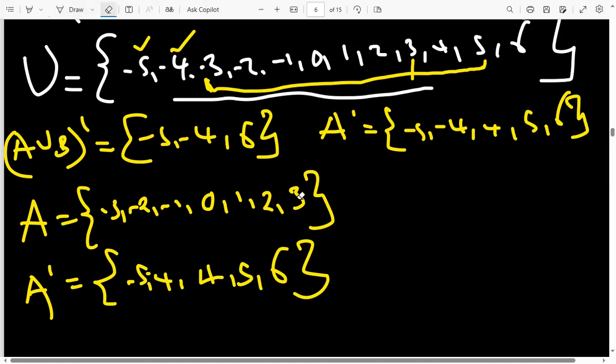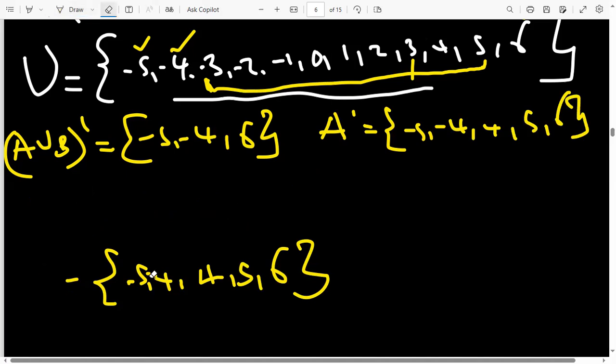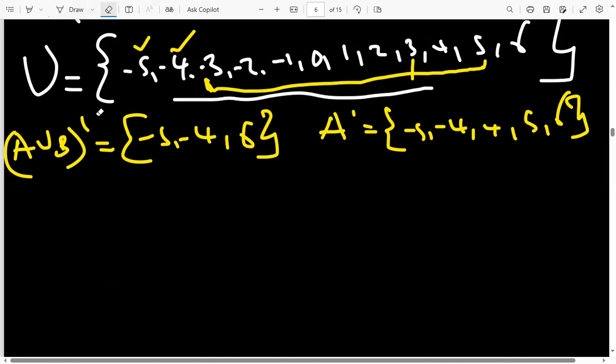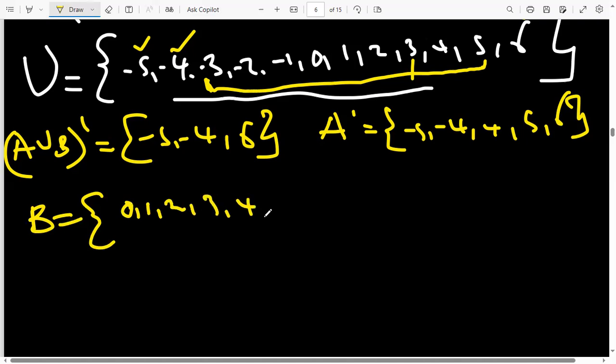And then we can also try to find the B complement, and then we intersect the B complement and the A complement to see if they are going to be equal to this guy here. So what was our set B? Set B was starting from 0 all the way up to 5. So 0, 1, 2, 3, 4, and then 5. Okay, so it means what? It means that our B complement